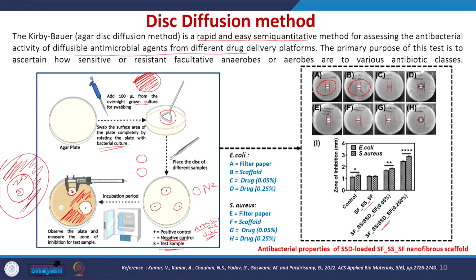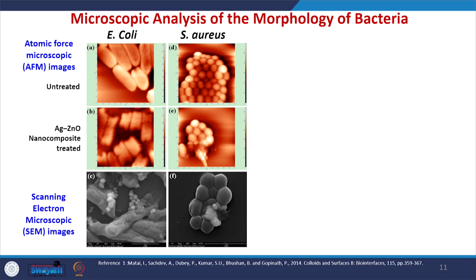And when you are using the drug with a different concentration, you can see the clear zone of inhibition. Here you can clearly observe there is no growth. So that is called the zone of inhibition. That can be measured and also plotted to understand the antibacterial efficiency of the particular nanomaterial. And we can also use various microscopic analyses to understand the morphology of bacteria which is undergoing cell